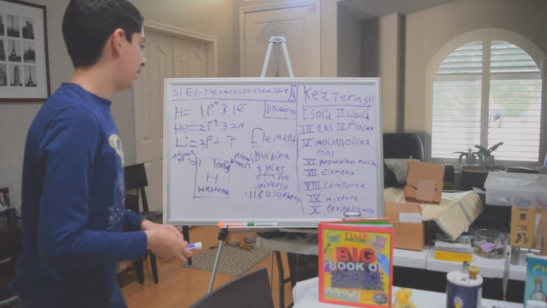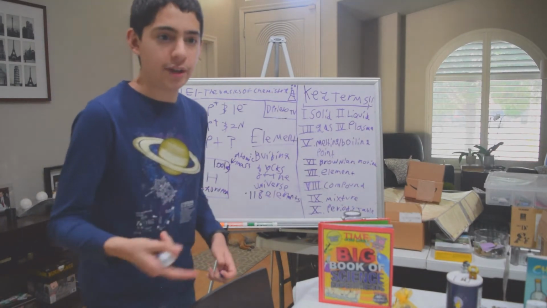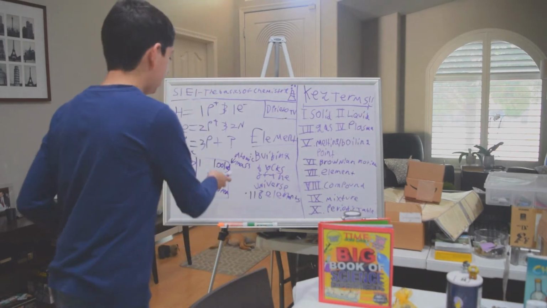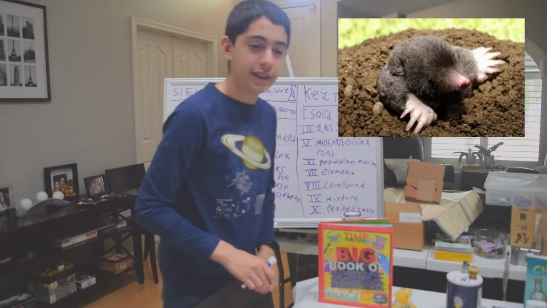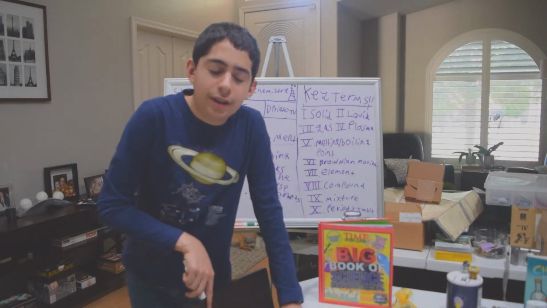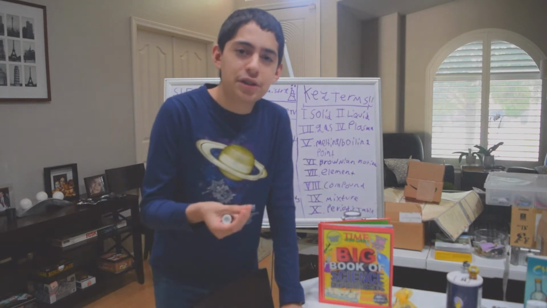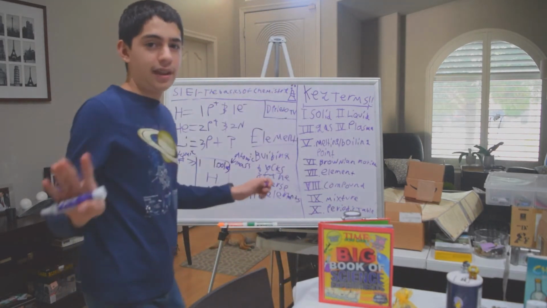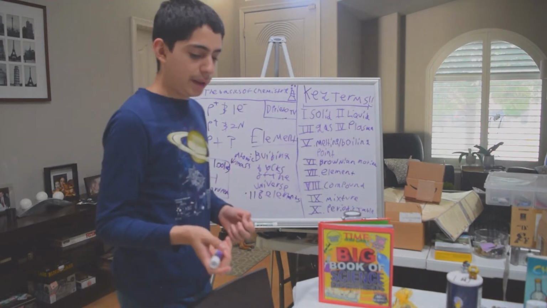So the atomic mass is on a very different scale. It's not kilograms or pounds. I think it's called mole, like a mole, M-O-L-E. It's not the animal. Mole is a chemical unit, a way to measure atoms. I'm not going to get into that, so don't worry about it. So that's basically what the atomic mass is.